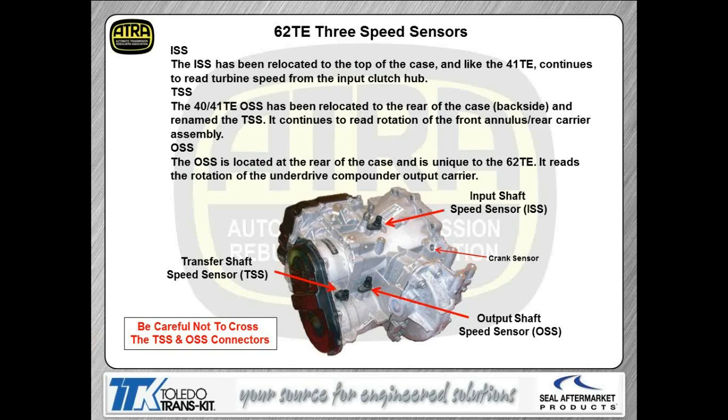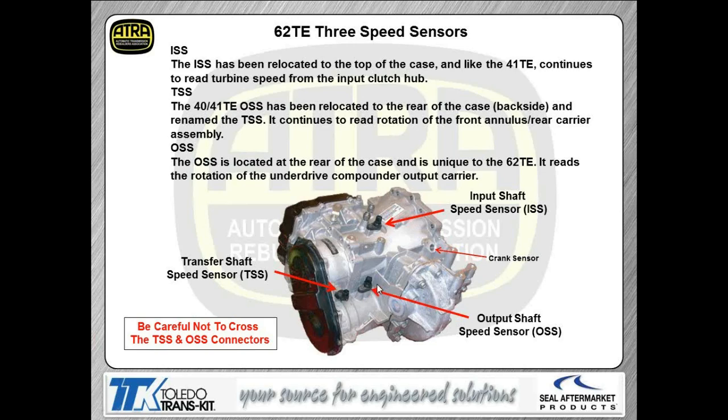hub. Now you have a TSS, which is actually an output speed that's been relocated to the back of the case, and that's right over here. And that's the actual transfer shaft speed sensor. Now notice we have, what's unique to this transmission, we now have a separate output speed sensor located right near